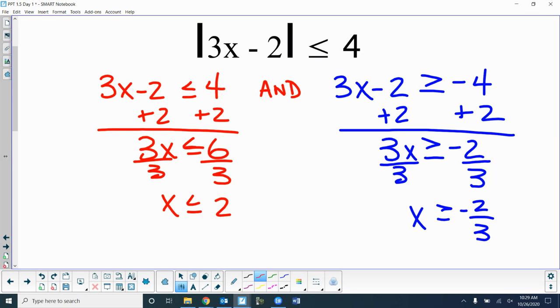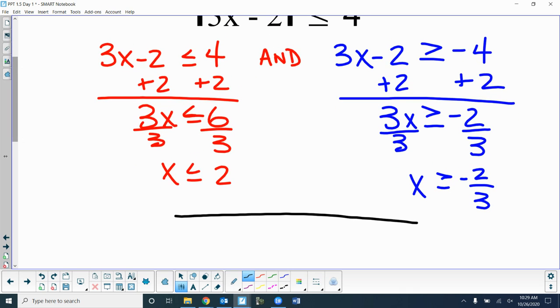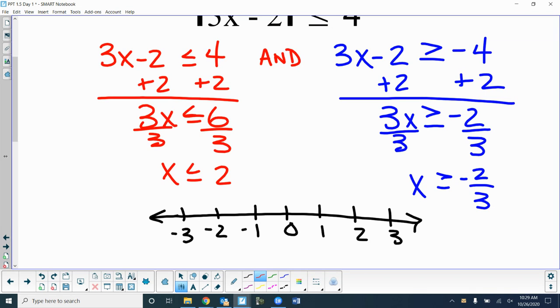All right, so our number line, we're supposed to solve and graph. 0 would be here, 1, 2. I'm putting all of them in just so you can see, but you don't have to write them all in if you don't want. So 2 is here, positive 2. Solid is less than, everything's got the equal to. I should have put an example that didn't have the equal to, so we'd have an open circle. And it goes that way, less than, right? Negative 2/3